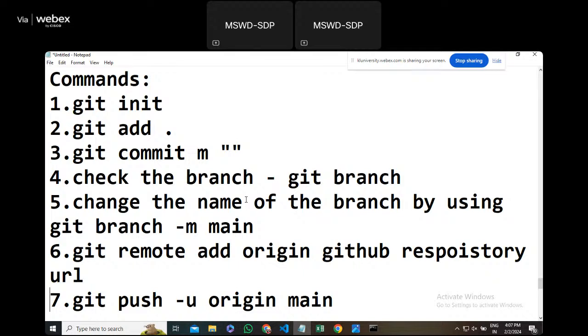I request everyone to check if there are no errors. If there are no errors, then use these commands. There are some other commands I will incorporate later. Suppose you just write down, in case, just write down the eighth one. In case